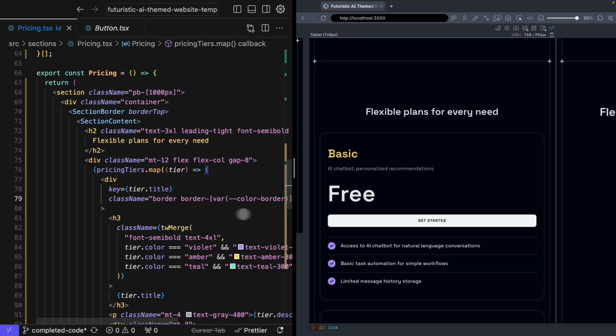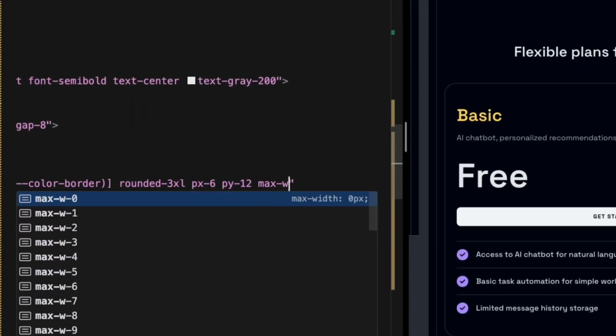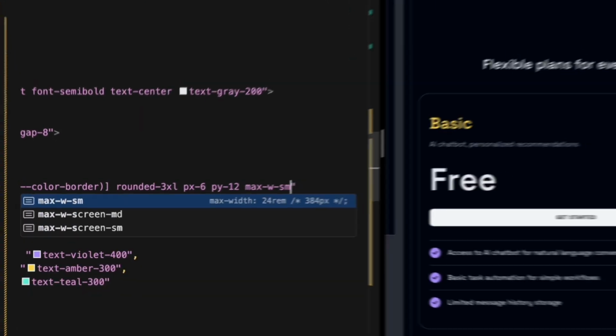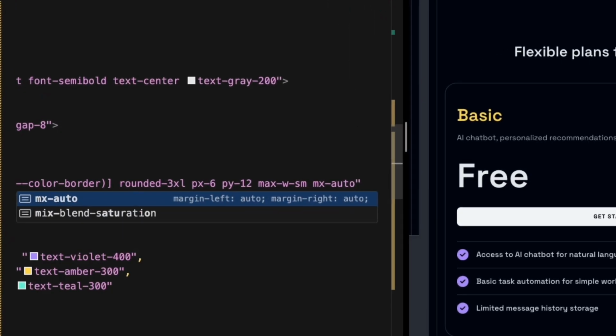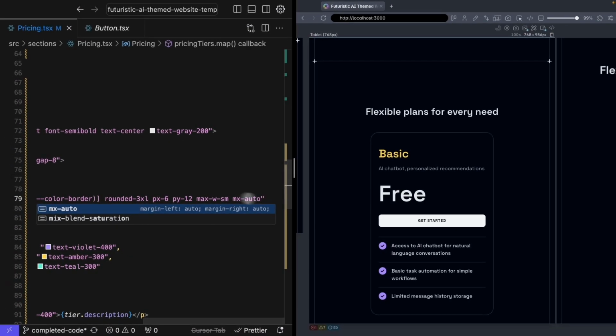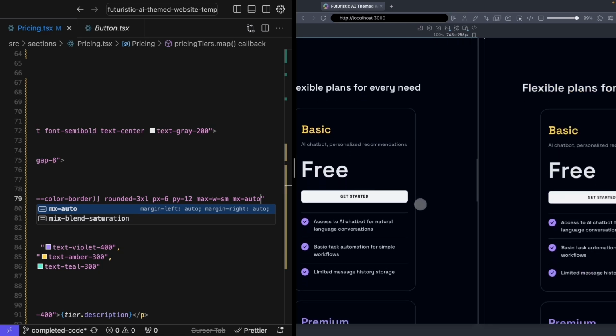And in order to account for that max width being added, we'll go to each of our pricing tiers and go to the end of our class name and just add a max-w-sm. That should constrain it to 384 pixels. And then mx-auto should ensure that it shows up in the center of the screen, not at the left or the right side. Now, as I scroll up and down a little bit to align my design,